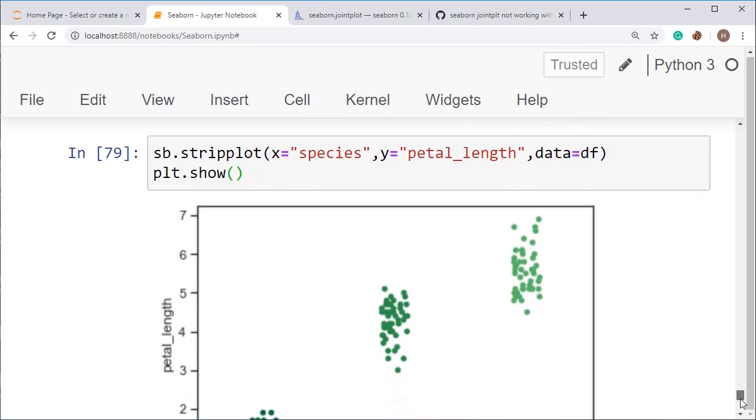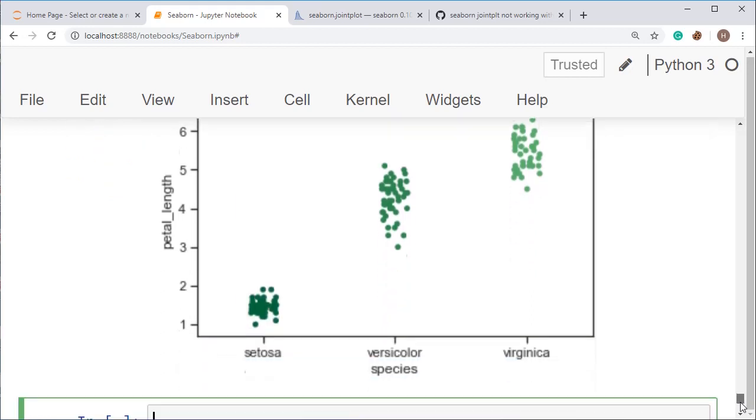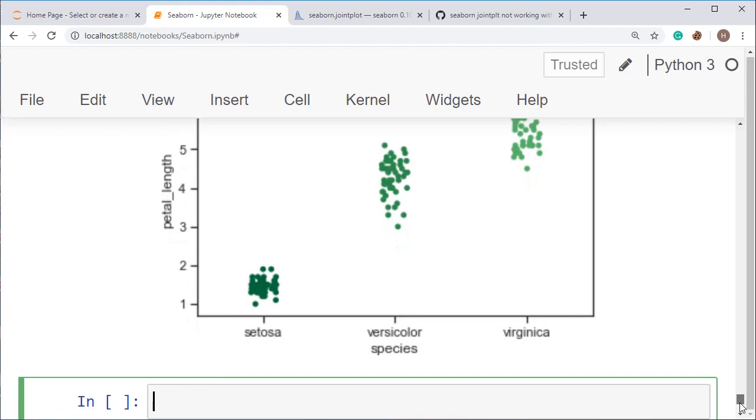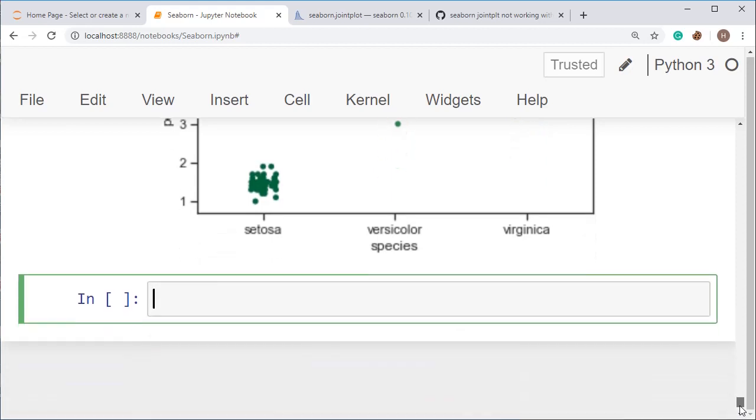Now I want to show you some other things. If you use petal length and this thing, then you will get values like this. Now there is a swarm plot, and I will show you how to plot it.